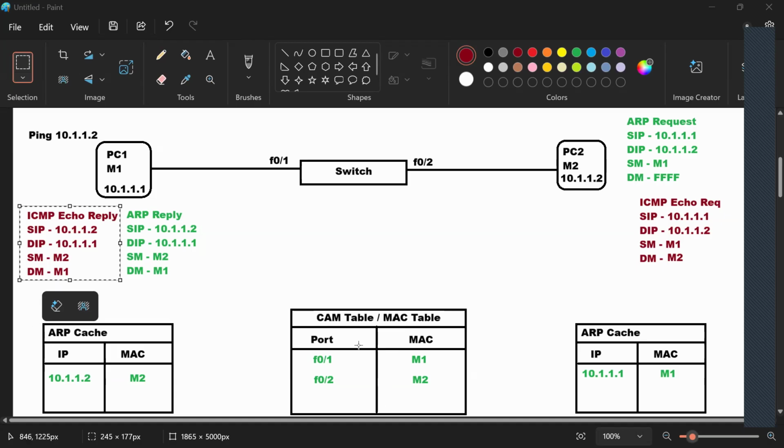Yeah, as of now, IP is not involved. That is something that the PC will check. At the switch level, it is L2 only. Like I said, the switch will never worry about L3, because the switch will not even decapsulate this information. Why? Because the switch does not have any information about the IP address. The switch is worried about port number and MAC address.